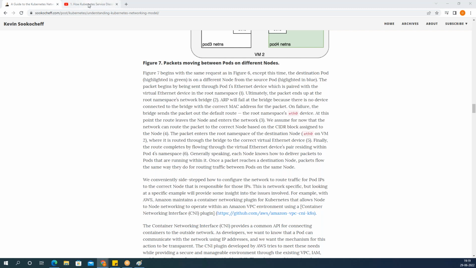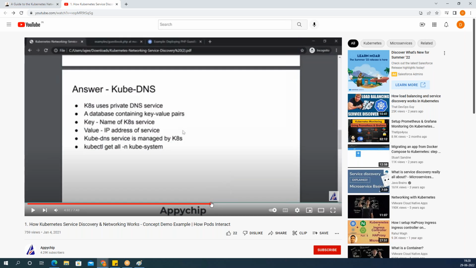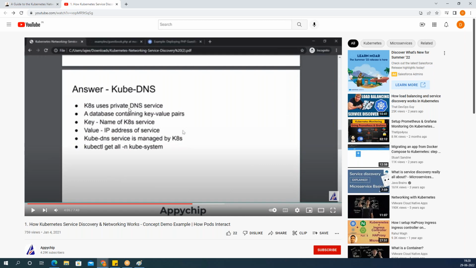So guys, there is a simple example he created. See this, private DNS service. There is a service called Kube DNS. We have the kube-system namespace, right? In the kube-system namespace there is a pod called Kube DNS. There is a deployment called Kube DNS. So Kube DNS manages the DNS service. So what will happen, example,